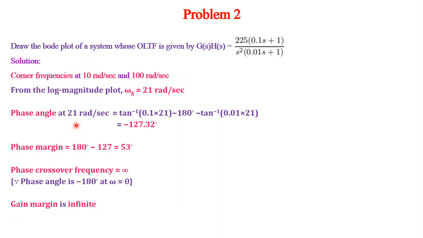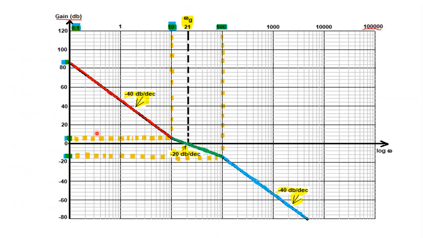Before going to these things, let us see how to draw the plot. So 0.1 I am starting. Instead of 1, I have to start at a frequency less than 10. I have started at 0.1. So 0.1, 1, 10, 100, 1000, 10,000, 1 lakh, like that I have marked. See here,